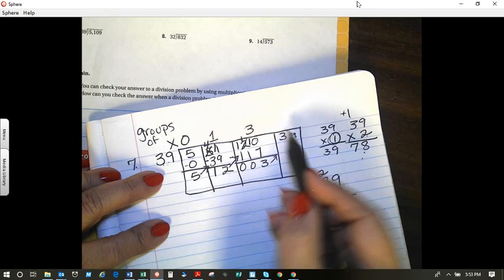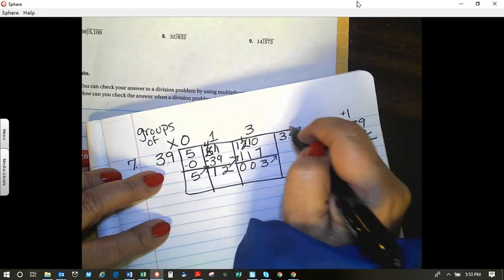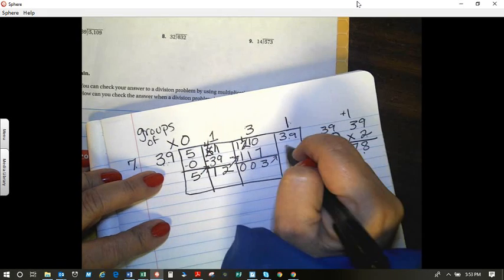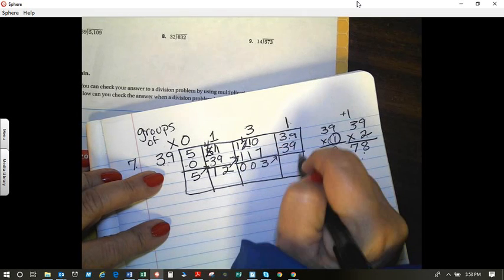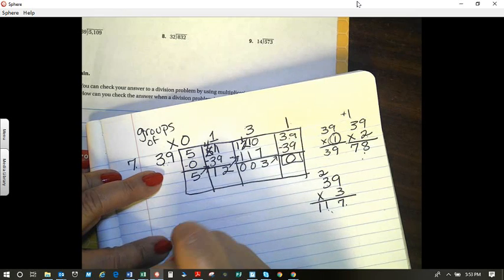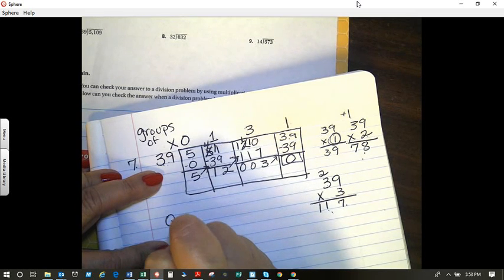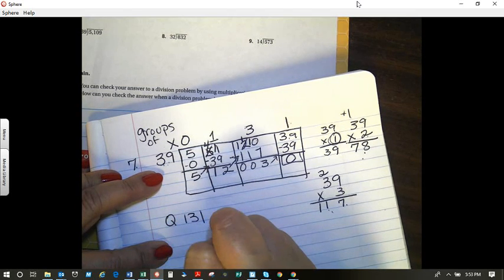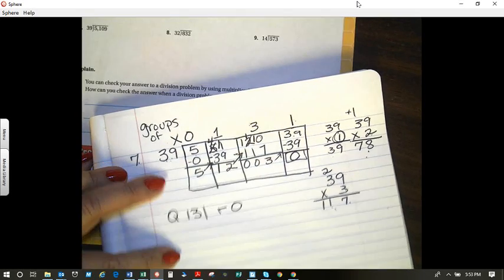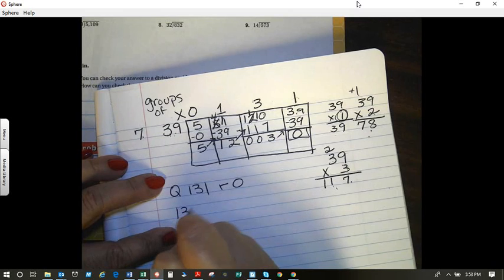39 can go into 39 one time because 1 times 39 equals 39. And I have 0 as my remainder. So my answer is, my quotient is 131 with a remainder of 0. And the way it is stated is that I have 131 groups